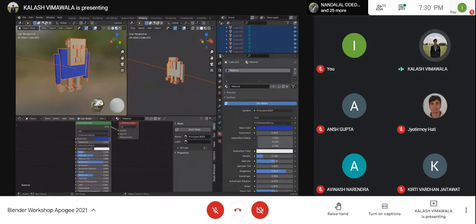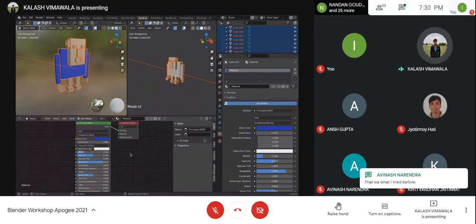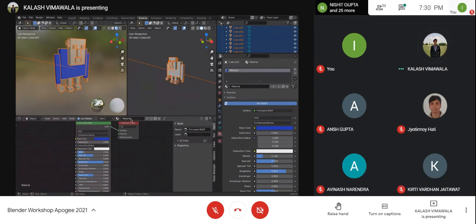So if I give this some different color, changing color over here would only change the color of this material and not the skin tone light. So you won't see the difference in all the cubes together. The difference will only be visible if you select all the objects. Say, for example, I selected all the objects and I finally select this face, skin tone light.